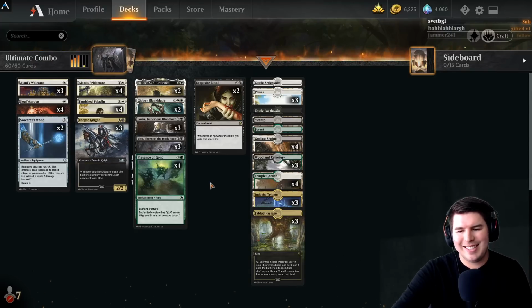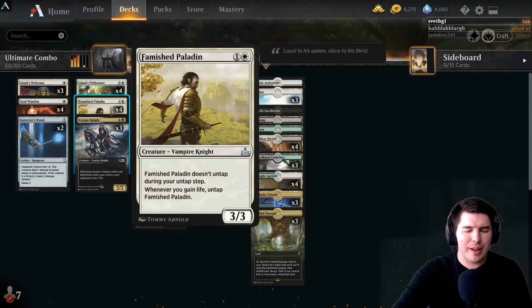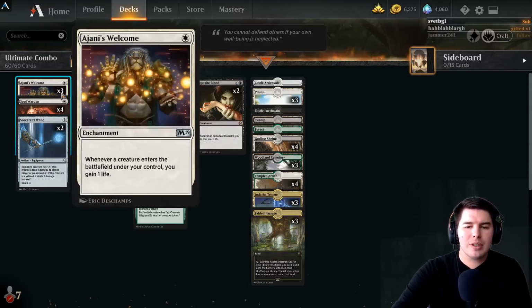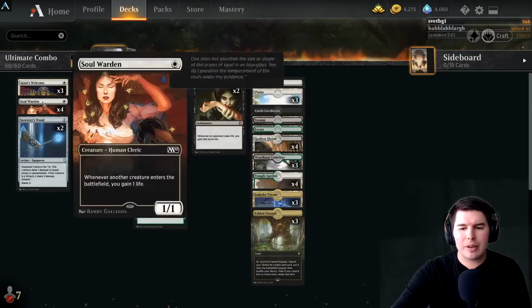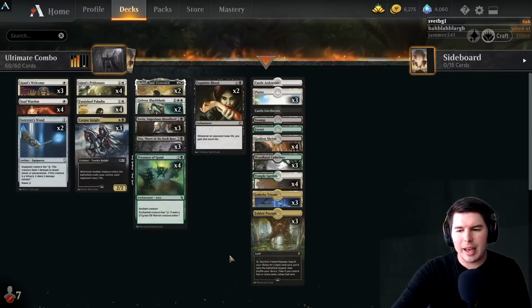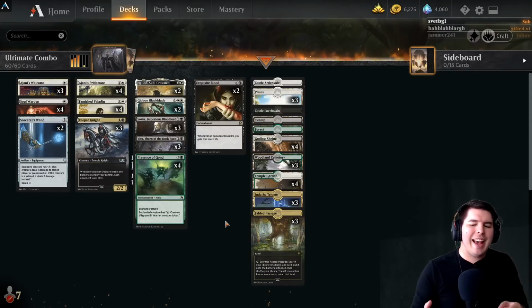And honestly, there's a fair amount of consistency in this. The biggest issue is just making sure we find Famished Paladin. But if we don't, we have Soul Warden, Johnny's Welcomes, Johnny's Pridemates, quite a bit of token creation that we can do with Presence of Gond, like onto Soul Warden or onto something else, and still have a deck there. So we're going to go ahead and try this deck out, see how it does for us,